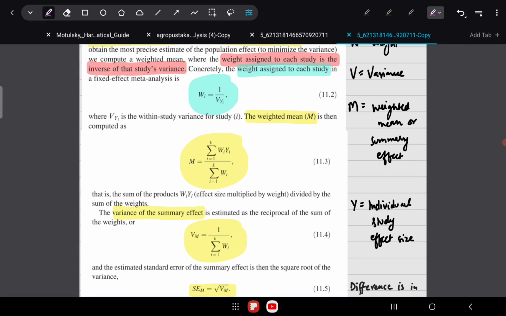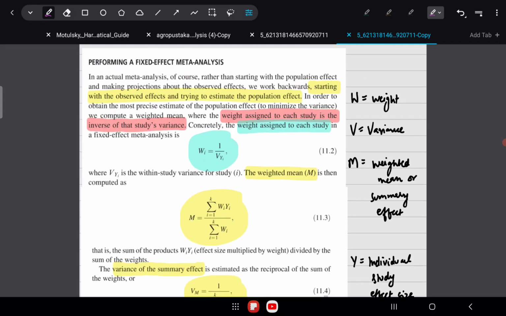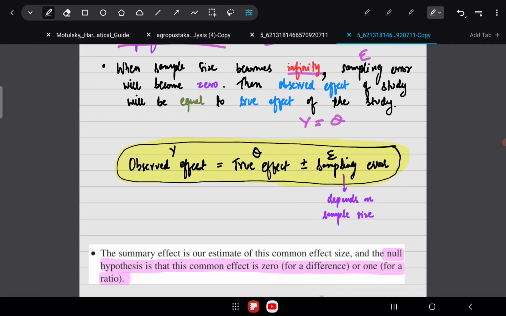And I'll talk about how random effect modeling is analogous to this concept. I'll explain the differences, but right now I'll not talk about computing the weight of the fixed effect modeling; we'll discuss that later. What are the differences? Because of these assumptions, the calculation of the weights of the study is also different between fixed and random effect modeling. I'll come back to that later.